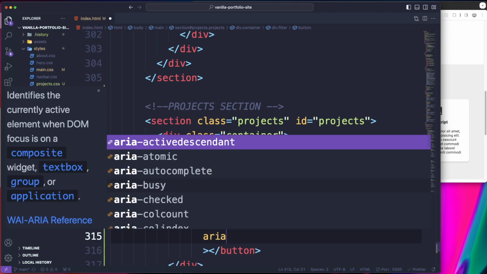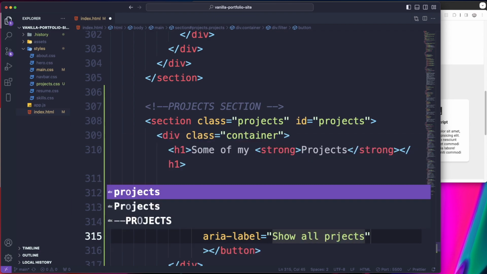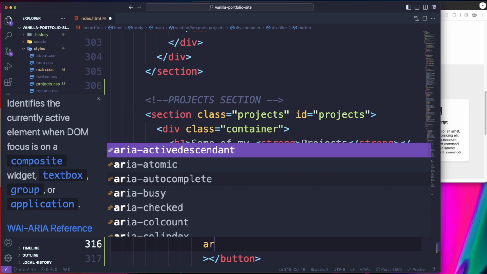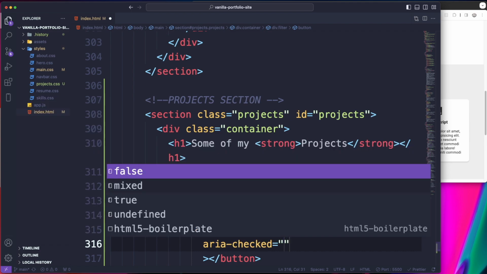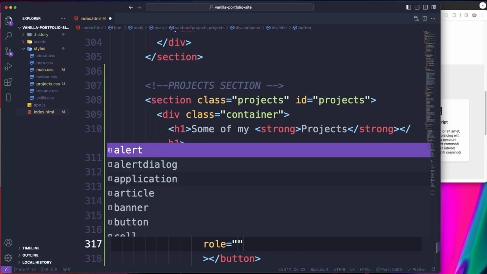We're also going to have an ARIA label, and this is going to say show all projects, like that. And then we're going to have an ARIA checked. That's going to equal to true. And the role is going to be,